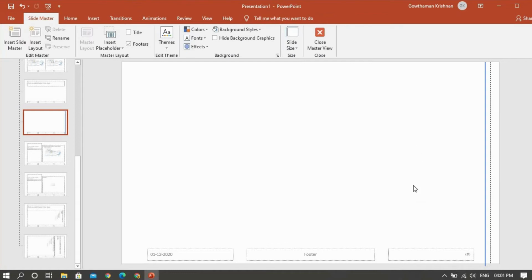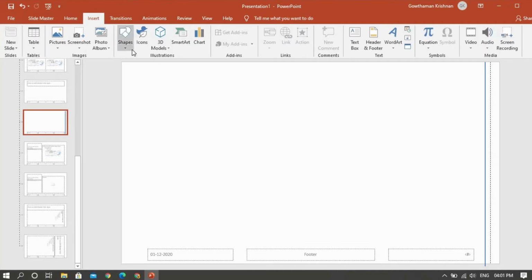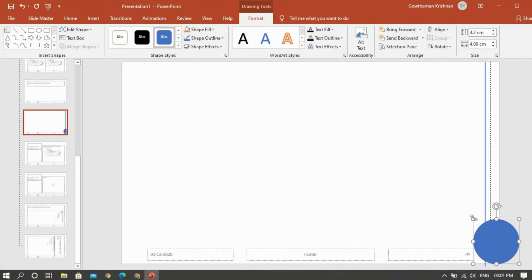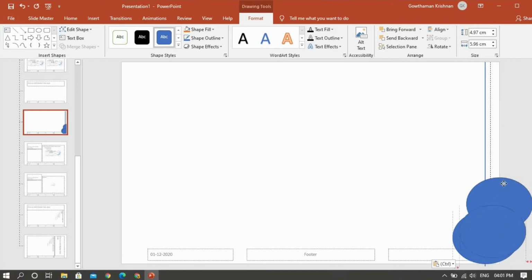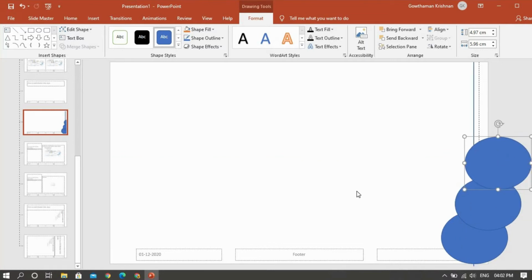For example, I want to insert some shapes like an oval shape, so that I can get a design like this one, then copy and paste it, and place it like this. Now I have placed it like this.